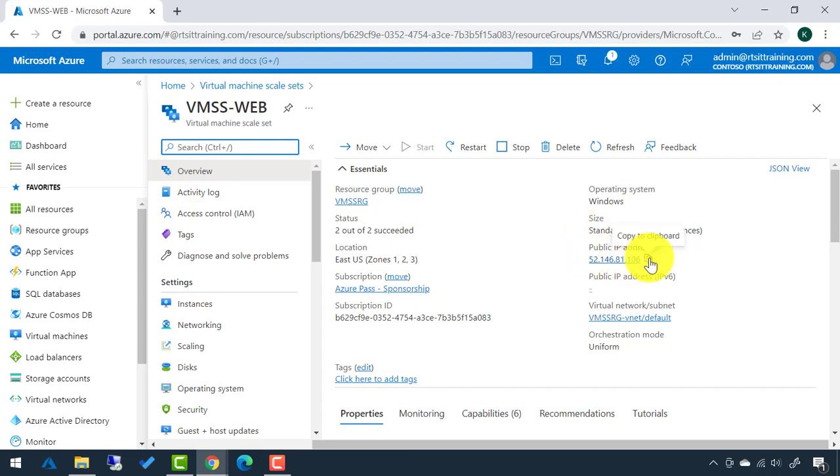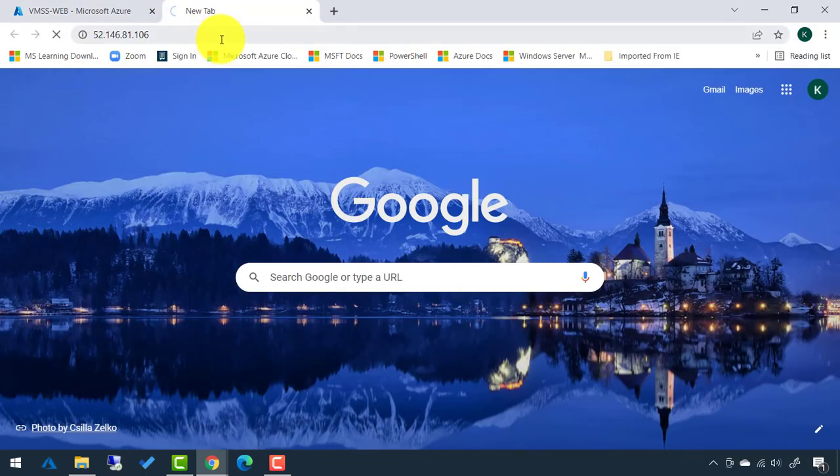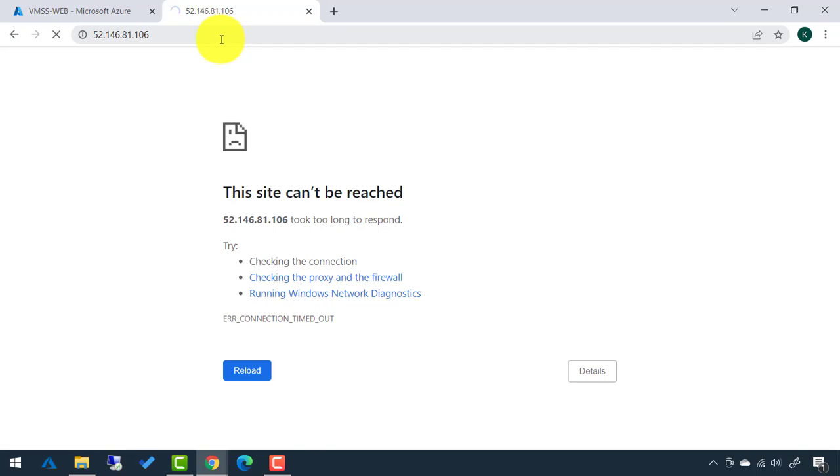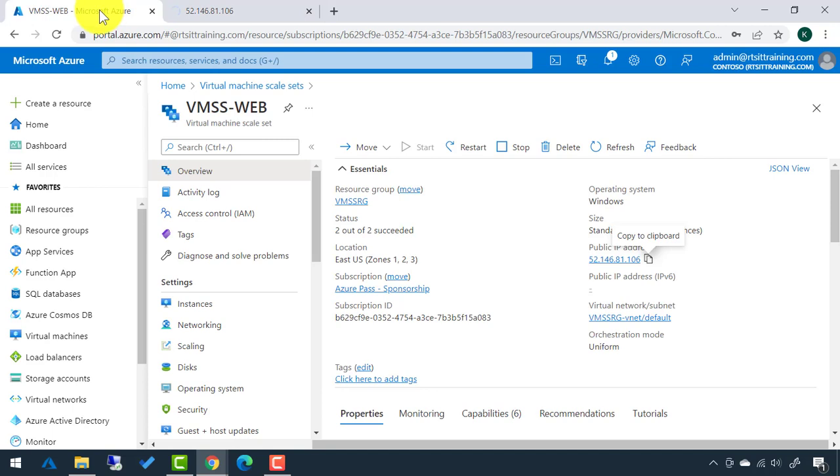What I'm going to do now is copy this address to my clipboard here. And I'm going to open a new tab and I'm going to paste that address. This is what we expect to happen right now. This site can't be reached because there's no website at that URL. That'll be different in a moment. Now, back in the portal,